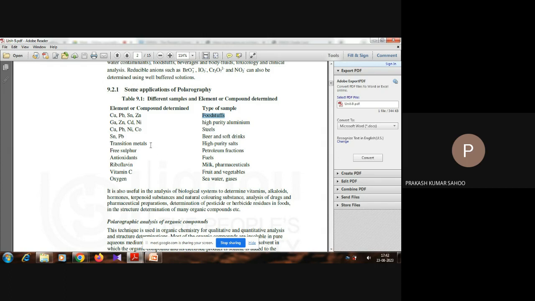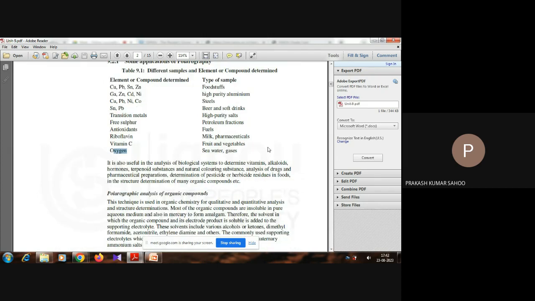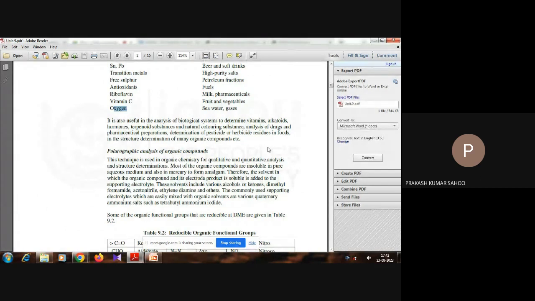High purity salt, transition metals. It may be 3D transition metal, 4D transition metal. Then petroleum fractions. We have free sulfur from fuel, antioxidants from milk or pharmaceuticals. This is riboflavin. Then fruit and vegetable, vitamin C, that is ascorbic acid. Then sea water and gases, we will be able to determine the oxygen percentage in the gaseous or seawater level. It is also helpful in the biological analysis to determine the vitamins, alkaloids, hormones, terpenoid substances, and naturally